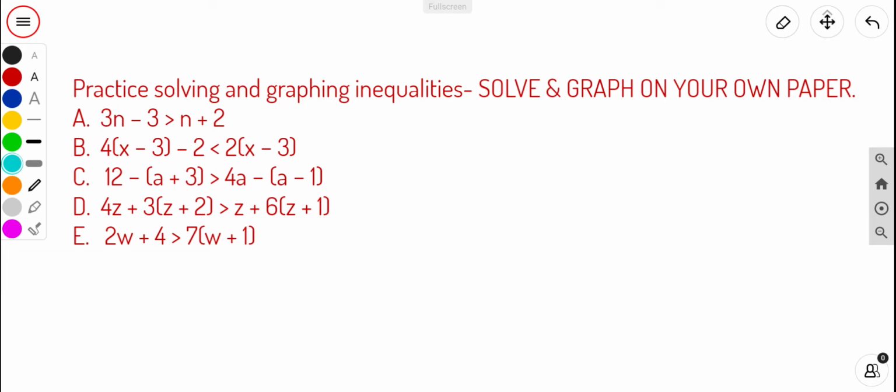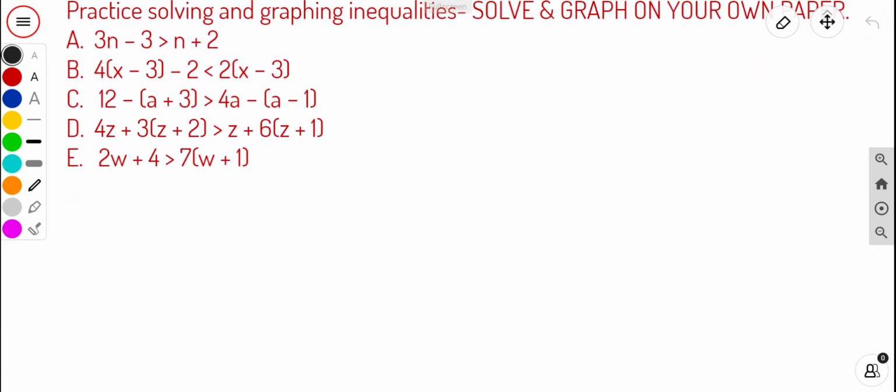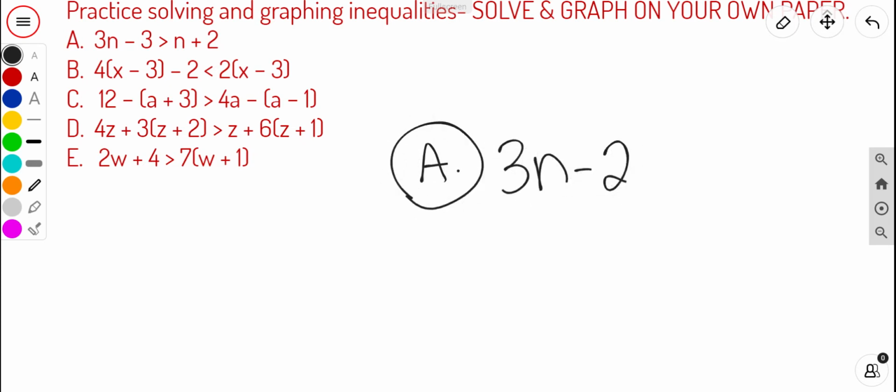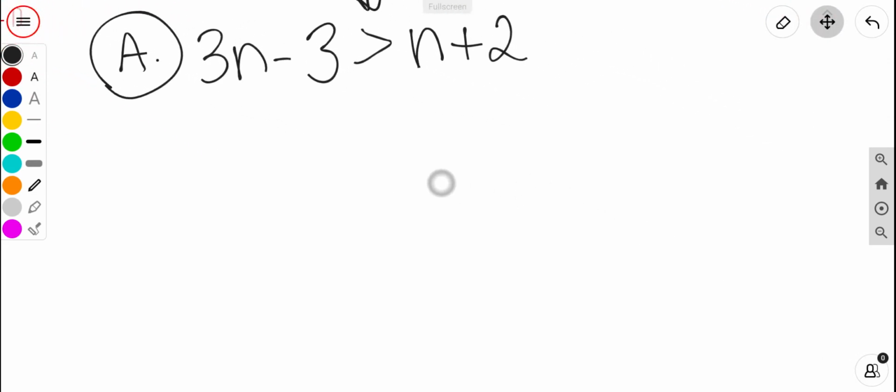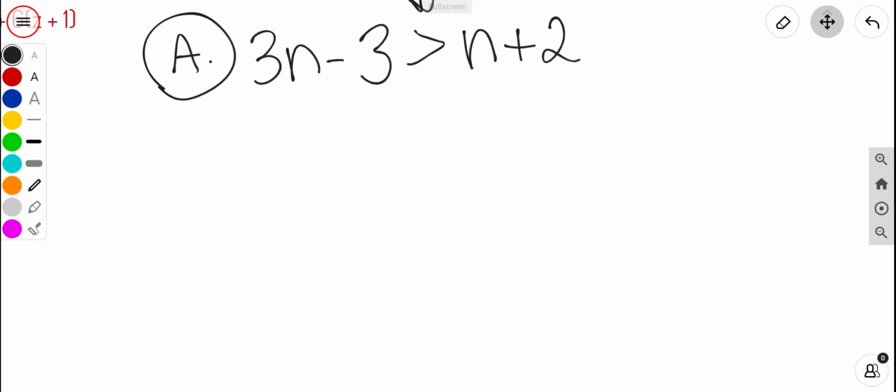Okay, so first problem is problem A. So let's go ahead and let's write that. So problem A is 3n minus 3 is greater than n plus 2. Okay, so let's start by writing down the steps. What are our steps this time? They are,